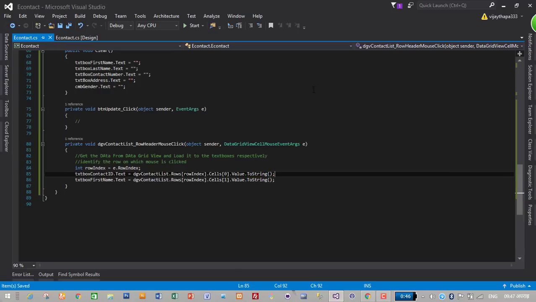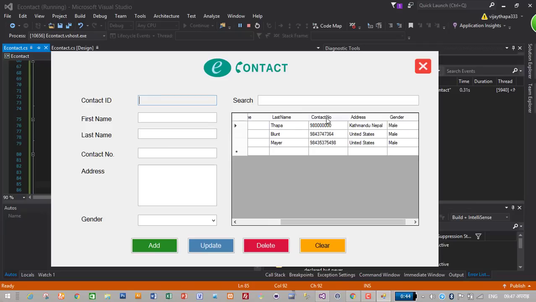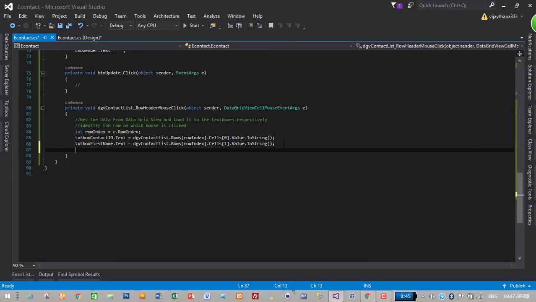Here the data are in order. Contact ID is 0, first name is 1, last name is 2, contact number is 3, address is 4, and gender is 5. So we'll do it in order. Then txt last name dot text is equals to dgv contact list dot rows row index cells 2, then value to string,